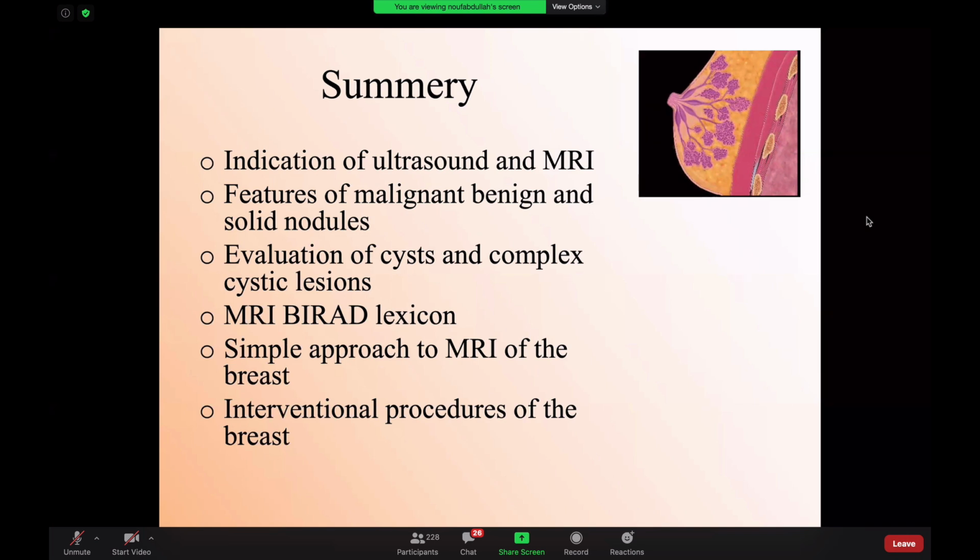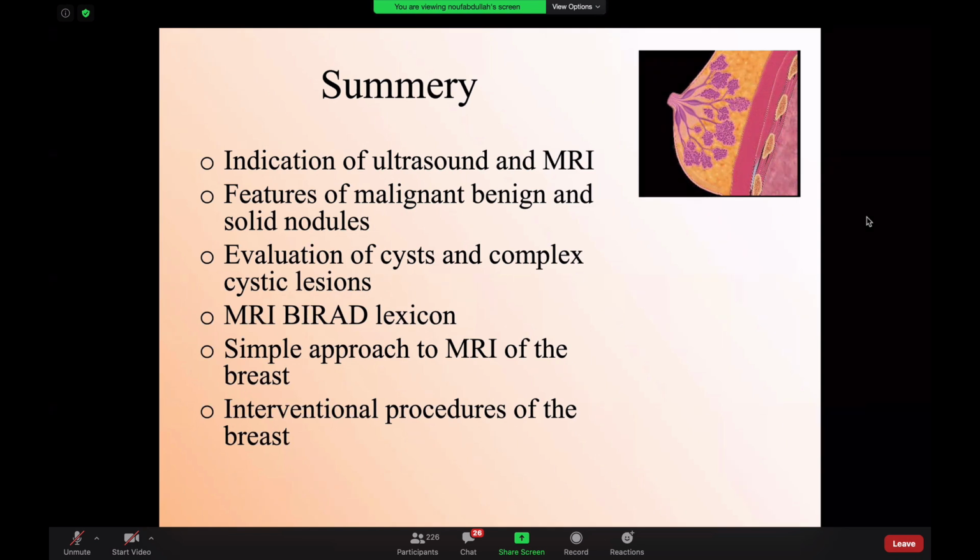Okay. Dr. Omar is asking, what is the best modality to start with in young versus old, males and females, and why? Generally speaking, for a female below 40, I start with ultrasound. If I see it's suspicious, I proceed with mammography. In males, generally, I like to do ultrasound. Again, most of the time it's gynecomastia, so I don't need to expose the patient to radiation. If I'm not sure, then I would proceed with mammogram.